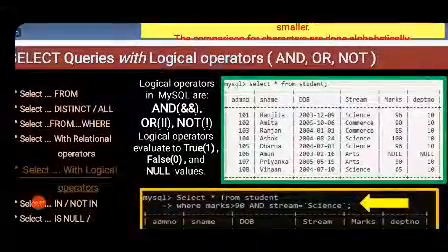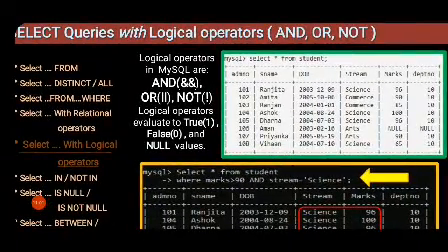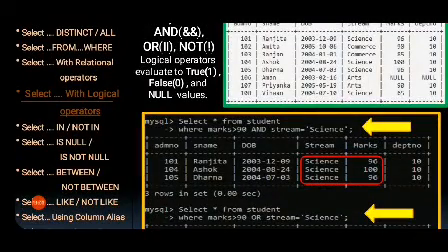Now if you can work with relational operators, you can also work with logical operators. So logical operators means and, or, not, and they all give true or false depending upon the satisfaction of the condition. So again, if we do select star from student, we will get that whole table, and if we write select star from student where marks greater than 90 and stream equal to science, it means you have to satisfy both the conditions.